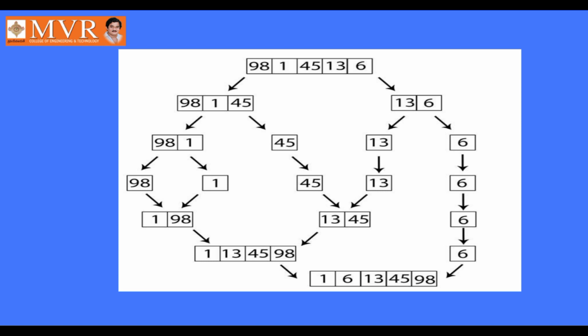This is another case where I have considered 5 elements. These 5 elements are broken into 3 and 2. Again this 3 part is broken into 2 and 1, and again this is broken into single units. Like that, this 2 part, that is the right part, contains only 2 elements, and these 2 elements are broken into 1 and 1 singly only. See, consider this example also. In this example we will get the division into single units in the second step only. Okay.